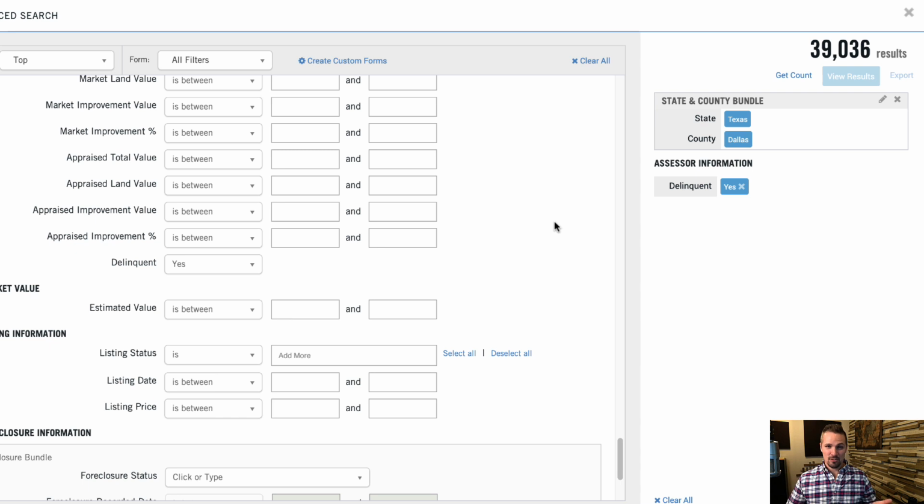And I think in most of the counties where this is available at all, it typically is refreshed at least once every 12 months. So you can be relatively certain that it's not much older than that. But again, this is not saying that these are the properties that are currently delinquent. This is saying that at some point in the past year, most likely, these properties had this issue.